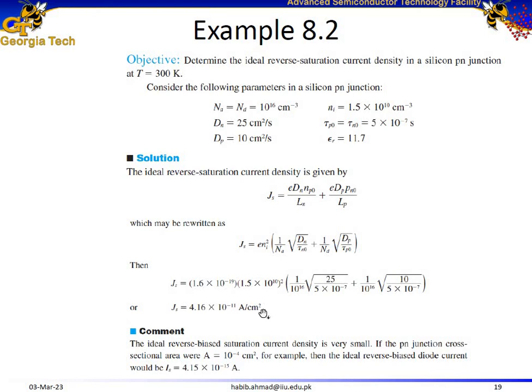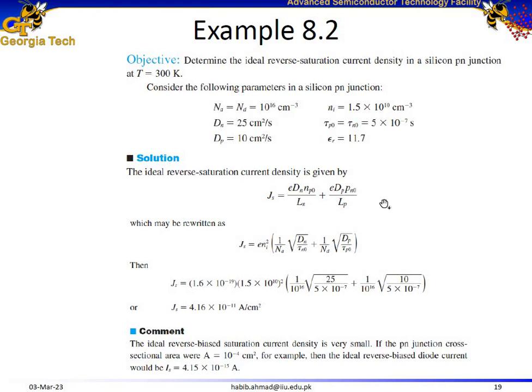How do you calculate the current? Assume the area of the diode is 10 to the power of -4 centimeter squared, then the reverse saturation current would be the product of the saturation current density times the area of the diode, which is 4.15 times 10 to the power of -15 amps. It's in femtoamps. The reverse saturation current density is really small,